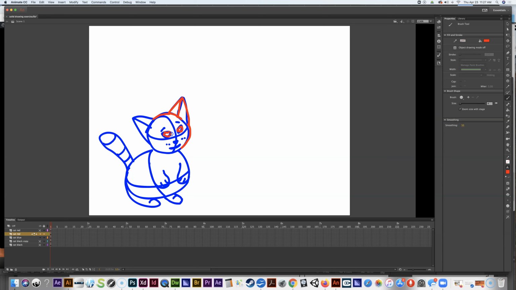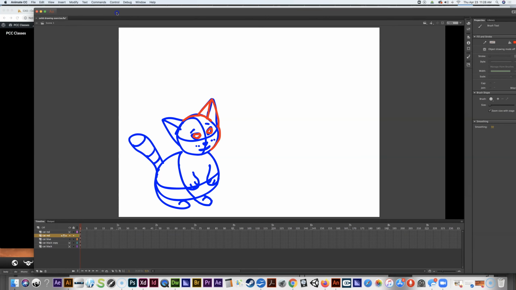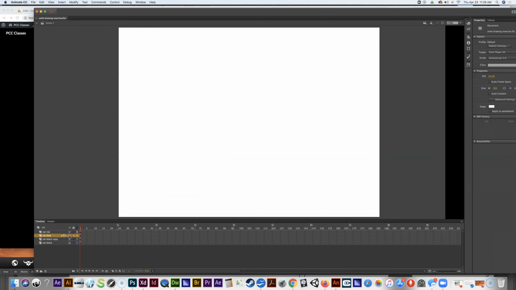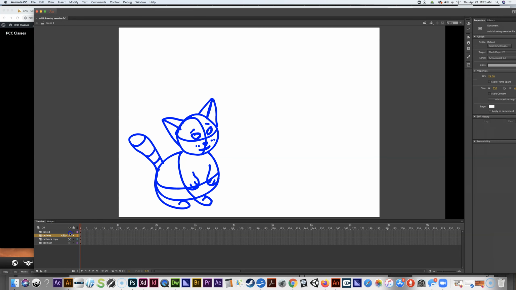You redraw your eyes and your mouth and everything, right? And so try and do a nicer drawing on this third layer here, the red layer, so that you end up with what looks like a three-dimensional solid drawing of your character, whatever you drew. I've already done that, so I'm going to delete the layer I just made. And then we'll turn that off, and well, actually, let's leave it on,